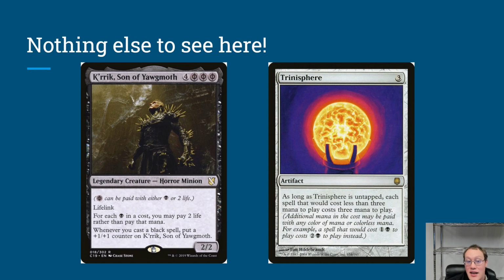And so after that, we're going to get to the part where we actually pay that cost, and that's where Kirk's ability is going to function. And so instead of paying the 1 remaining black mana in this cost, it would be possible for us to pay 2 life. So then we would be paying 2 normal mana and 4 life in order to cast this Dismember. So you can see that what you probably are going to want to do with the Kirk and the Dismember and the Trinisphere is, when you first have the Phyrexian mana,